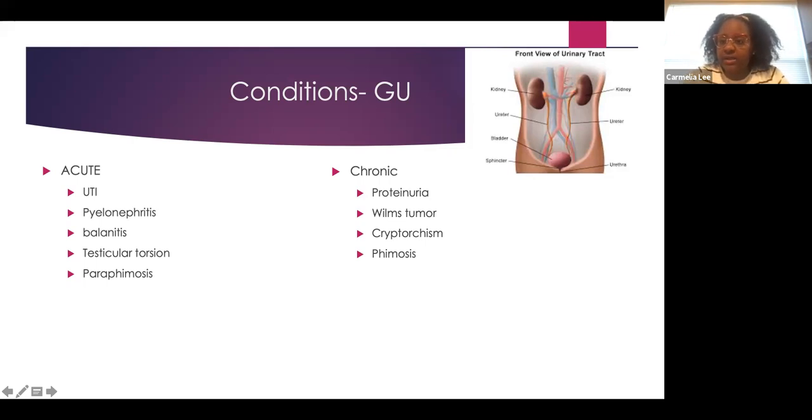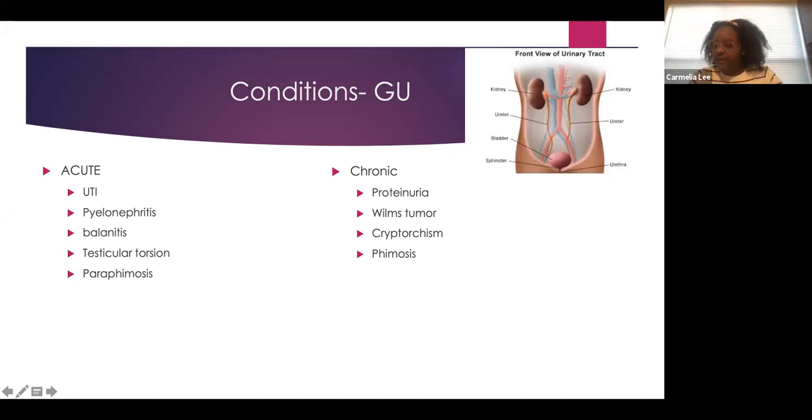Another one is pyelonephritis, which can be an extension of a UTI, and that is your kidney infections. In children, it can be an issue where they sometimes require hospitalization for treatment. Even children less than 2 may have fevers or poor appetite or vomiting or diarrhea with UTIs. So it's not as clear cut in the younger children. Over 2, they may have a change in frequency of urination, odor, or pain. So again, it all becomes age specific in diagnosing these things.